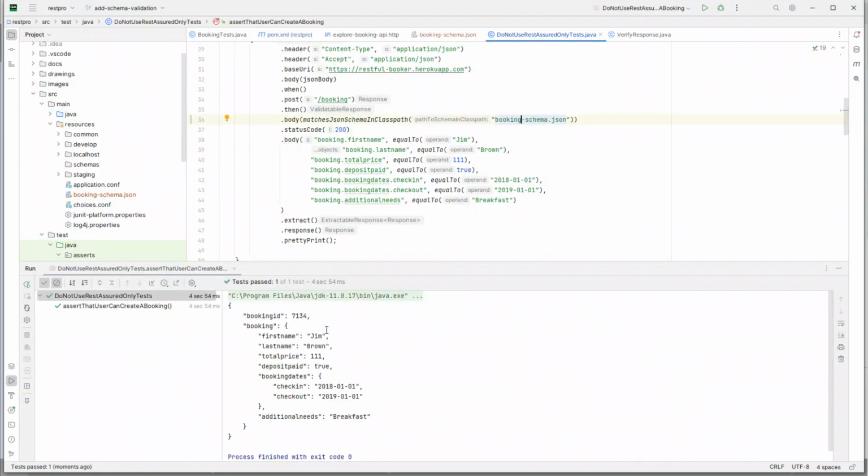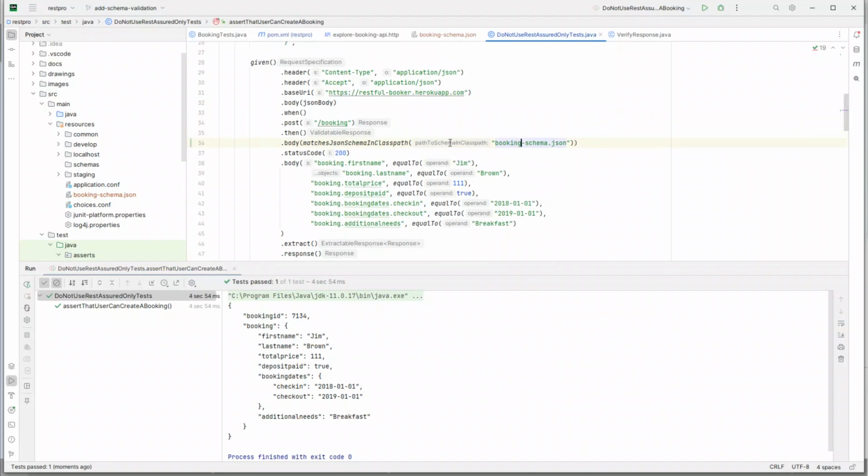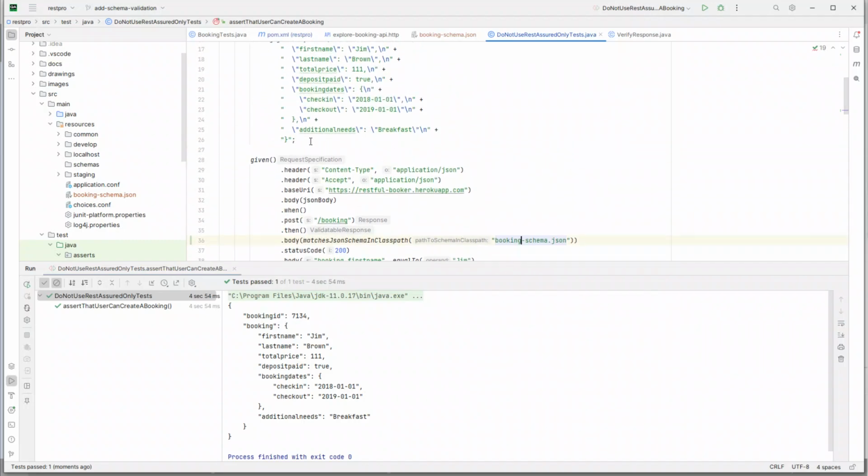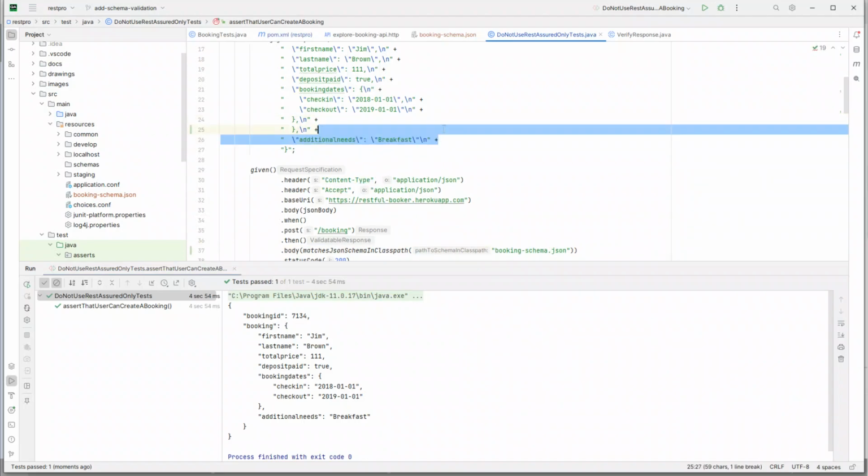Okay, everything looks good. It seems to be matching the need of whatever is specified in the schema, right? And let's say in the test, if we go back to the test, let's say if I don't provide the additional needs breakfast field, let's see if it is still able to work with it. So let's say if I comment these two lines,